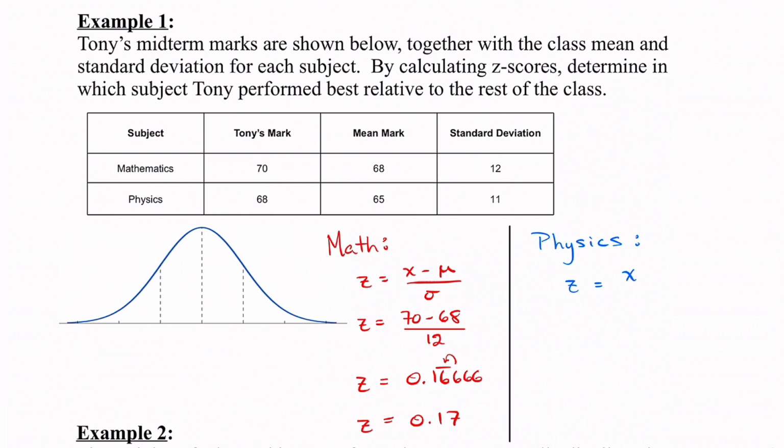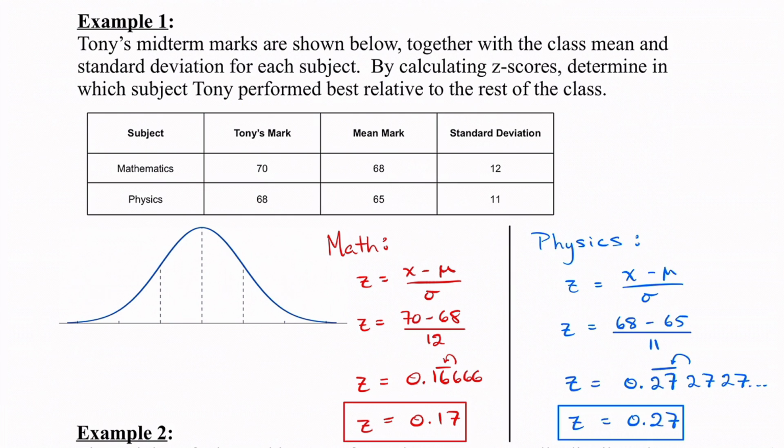So again, x minus mu divided by sigma, the standard deviation. So x is 68. So we got 68. Subtract the mean, that was 65, and then divide that by the standard deviation, which is 11. And when you calculate this one, you are going to get 0.27 repeating. Both the 2 and the 7 are repeating, so it's like this, 27, 27, and it just keeps going and going like that. And this 2 is not going to round up that 7, so you're just going to get z equals